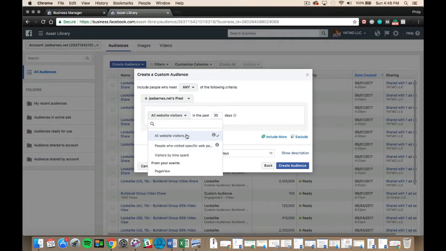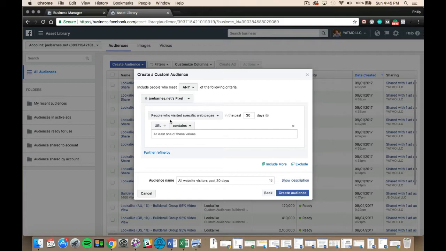Okay, so there's the basic one. Why don't we go over a hypothetical? Let's say you wanted to capture some of the people that had bounced from your landing page. There are actually 2 ways you can go about this. The first one is just basic URLs. If you knew the URL of your web page, you would select the people who have visited specific web pages in the past 30 days, or however long you wanted, to capture the people that had bounced from your landing page. You would select the URL, and you wouldn't select contains, because contains is going to